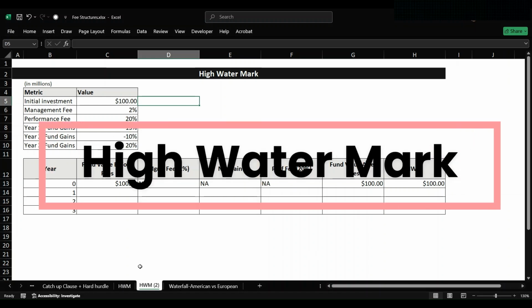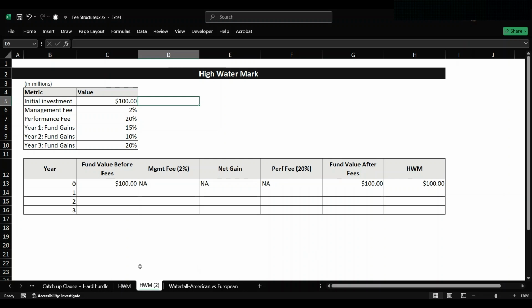In the previous video, we learned about the concept of high watermark. In today's video, we will learn how to calculate performance fees in case of high watermark. In this example, we have taken our initial investment as 100 million, management fees as 2%, performance fees as 20%,